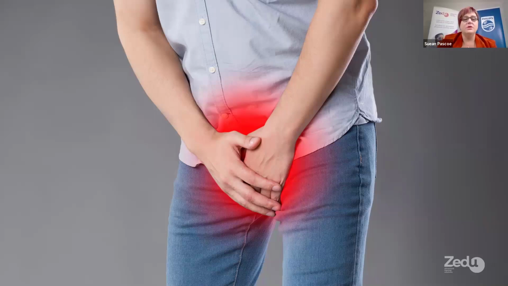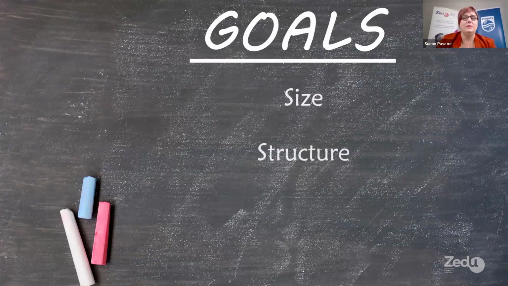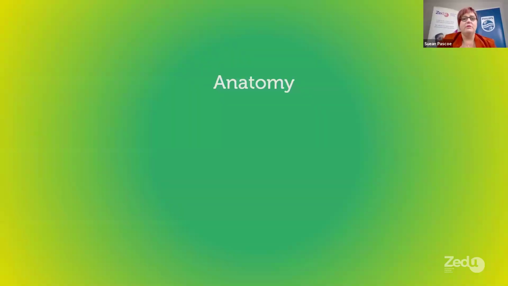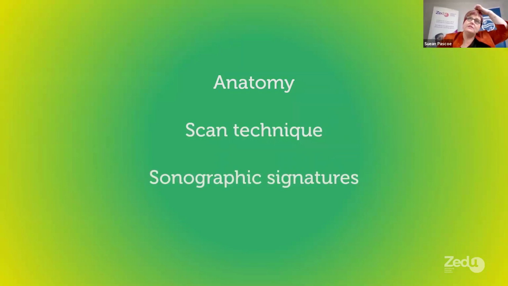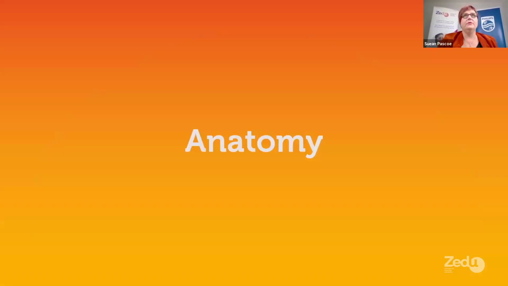So the goals of ultrasound are to help make that differential diagnosis, and we want to assess the size of the testes, we want to look at the structure, look at the echo texture, and assess the vascularity. So I thought we'd start by just refreshing some of the anatomy and then look at the scan technique, look at some of the sonographic signatures for some of those pathological conditions that commonly present, and last but not least, some practical troubleshooting tips. So if we start with the anatomy,